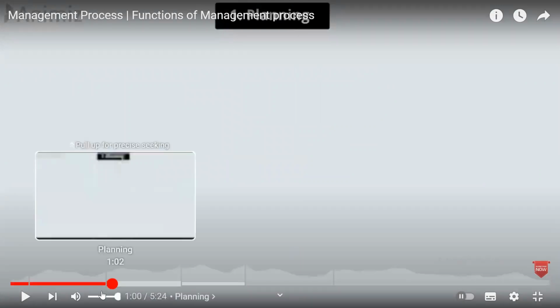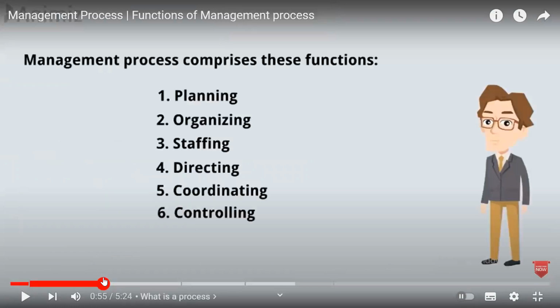Here you could see now they are coming up with several parts. Let me show you. They talk about planning, organizing, staffing, directing, coordinating, and controlling. So normally we take planning, organizing, leading, and controlling. So the staffing, directing, coordinating parts in this video, they have separated, but normally we discuss as leading. So of course, you can discuss it as one thing, POLC: planning, organizing, leading, control.